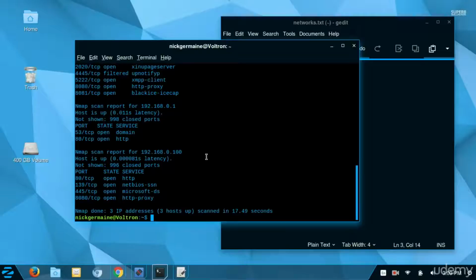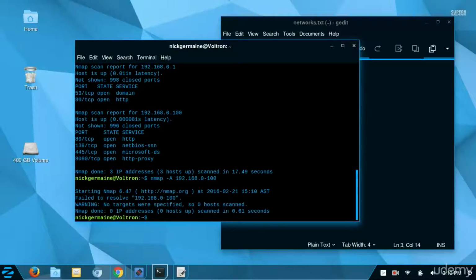I want to go over a few more things with you guys regarding this command. It does get pretty big. There's so much stuff that you can do with this, and so I really urge you guys to go and explore this if networking is one of your interests, if you want to really follow that. One of the things that I want to show you guys is how we can turn on OS and version detection during the scan. And so what we're going to do is type nmap -A 168.0 to 100. And this is going to scan,